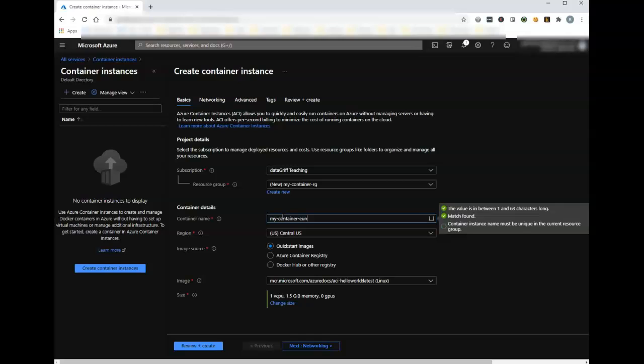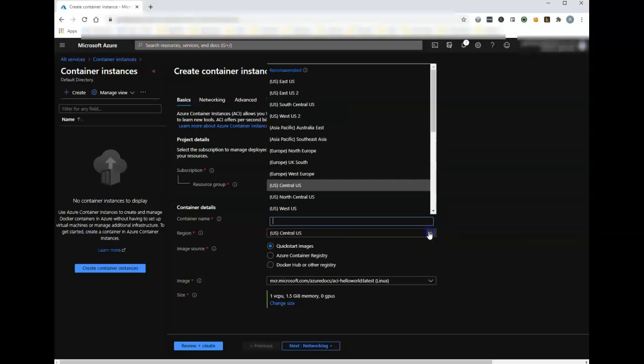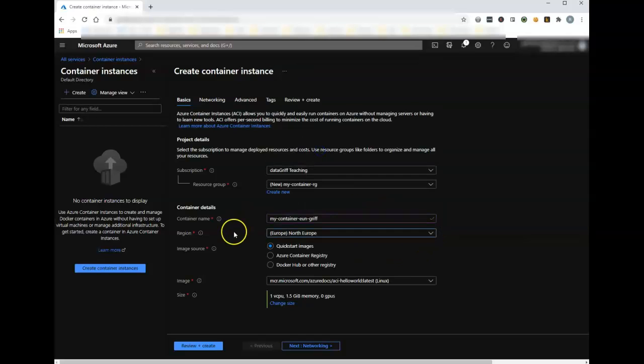Container EUN Griff. So the EUN is just going to stand for North Europe, for the region that I create in a moment, and I usually postfix things with my name Griff just to make sure that they're globally unique. So I'm going to click in the drop down and find North Europe for the region, as that's the closest